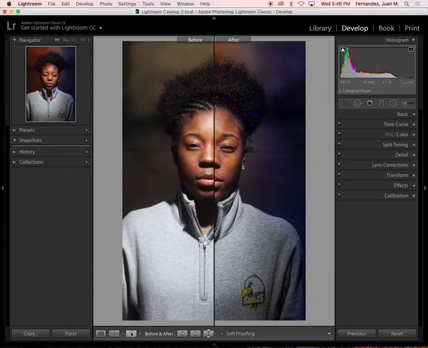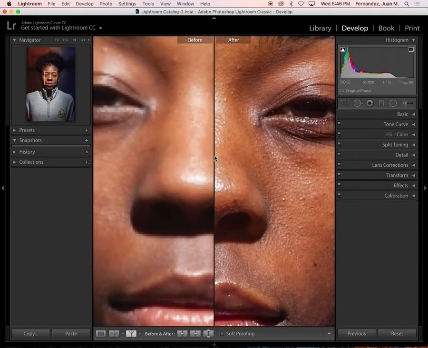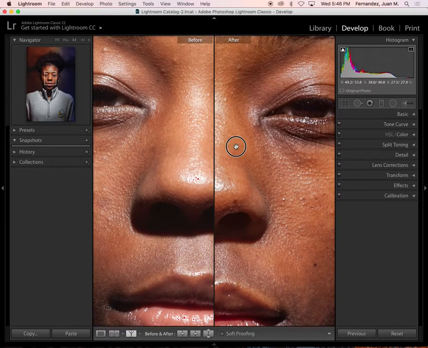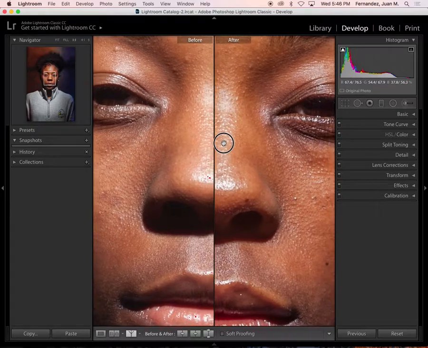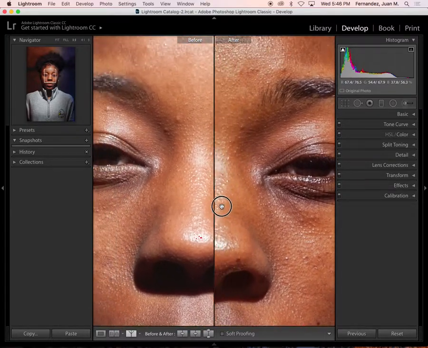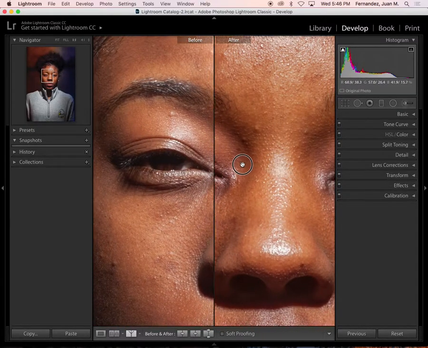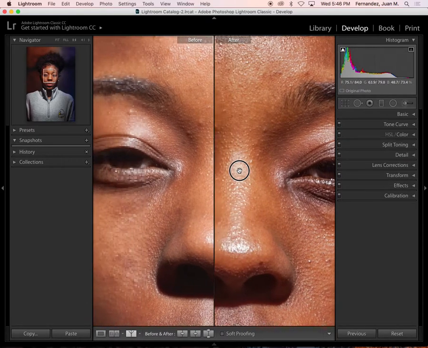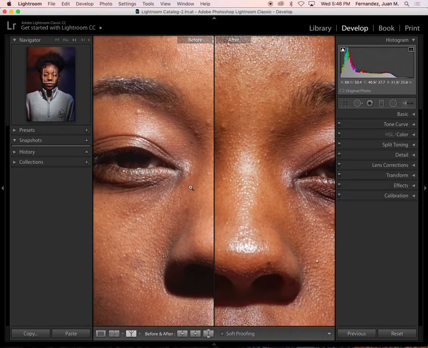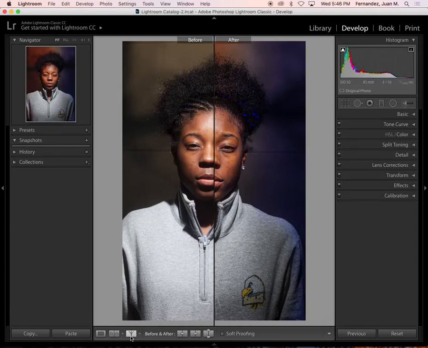If we click this, again, we can see a side by side. I can zoom in, and you can see the pre-corrections, post-corrections. So this is going to include things like sharpening. This includes color correction. All right, so that's before we did any of those things and after. So we warmed our skin tone up, brought down some highlights there,